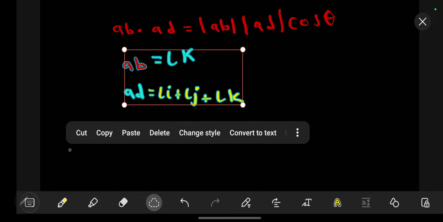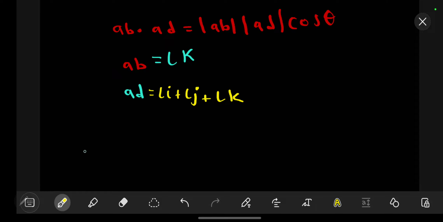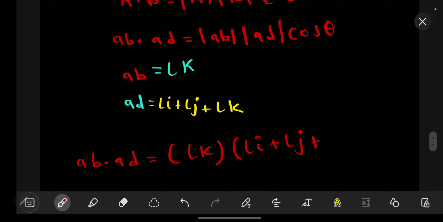So to find the dot product, we can say our AB dot AD should be equal to, we are going to open brackets, we have our AB is LK, then we have our AD is equal to LI plus LJ, then finally we have plus our LK, like that. So therefore we are going to get